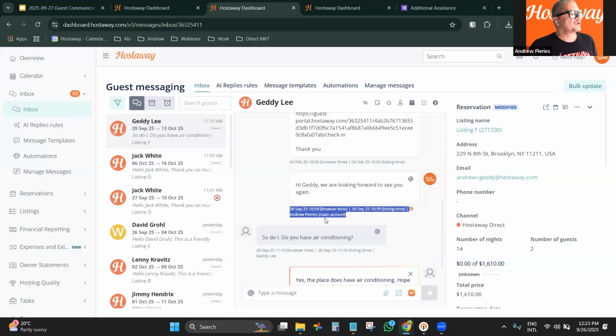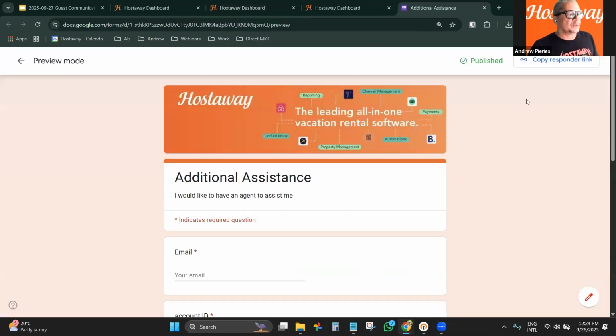You see here it shows Andrew main account, but it could show the user. So you can find a way that it shows the email when you receive it on the other side. It looks like it's with your own domain, right? So what I'm going to do here is I'm going to share